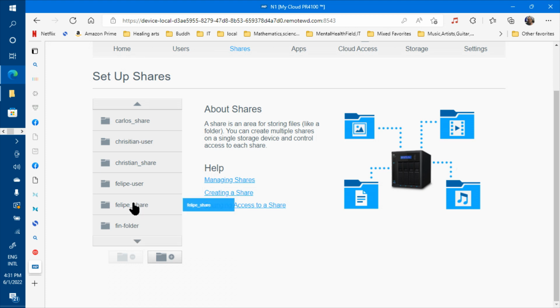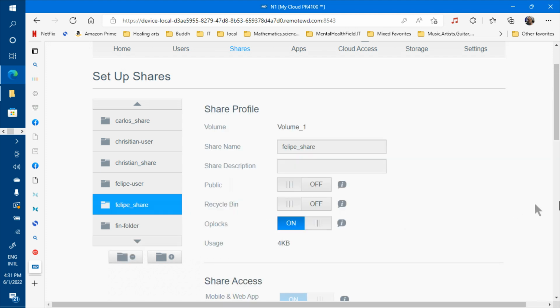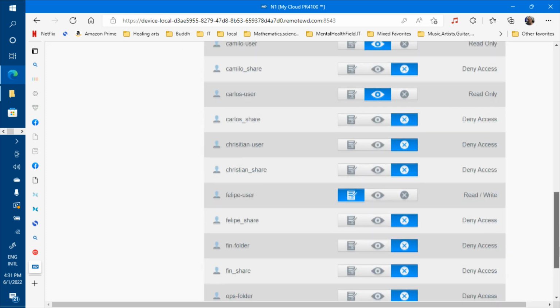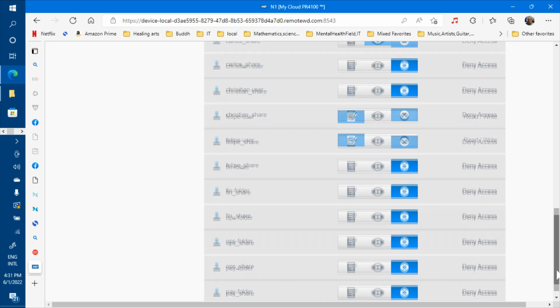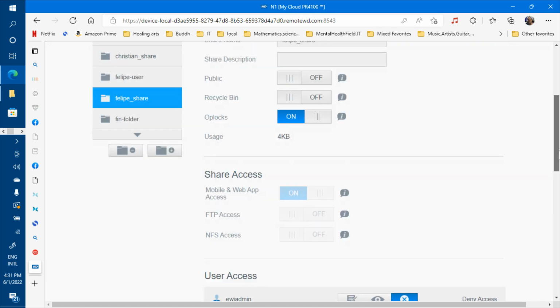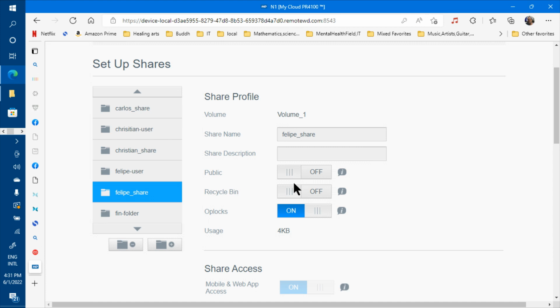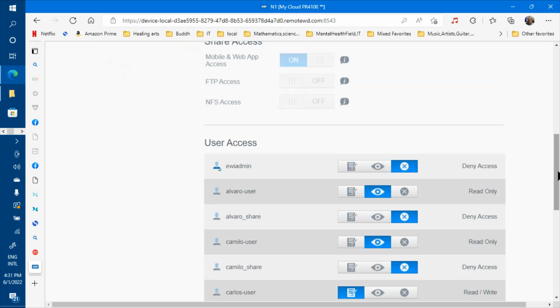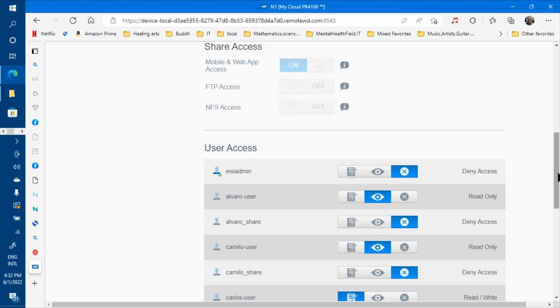Okay, Felipe share. It should be accessible by Christian. Oh, let me check pay share. I didn't catch what I found later at that moment, but I'll catch it. What am I looking at? Did I click on pay share? That means that